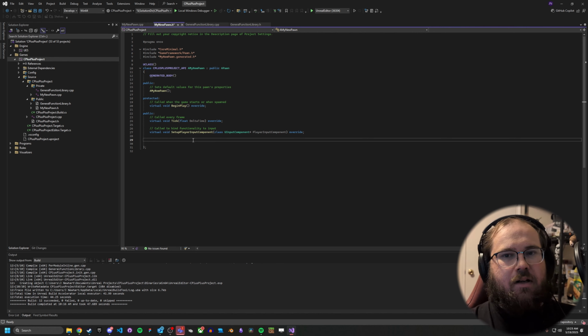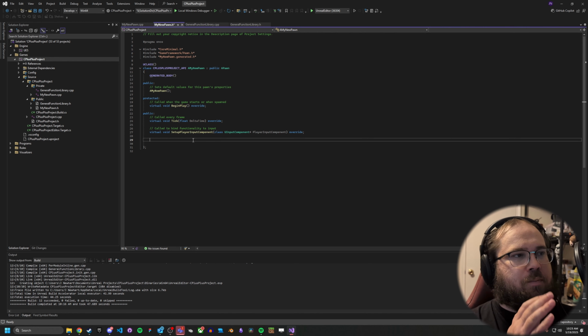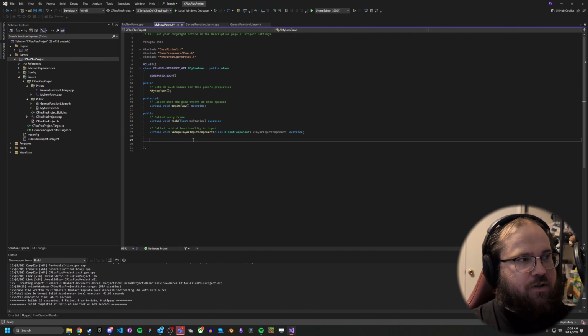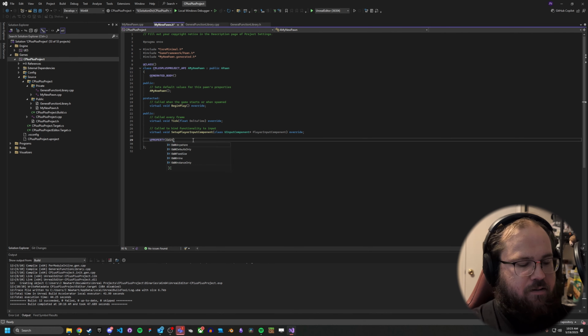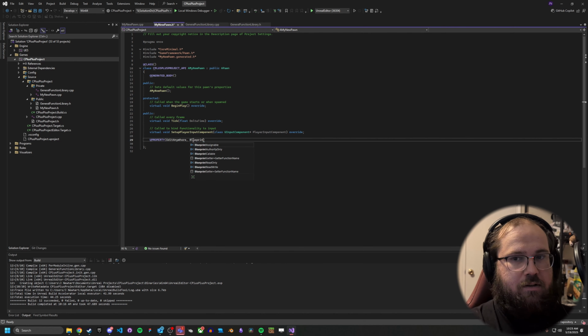So let's go ahead and kick it off. Let's say we wanted to create a variable here, exposed to the blueprint. Doesn't have to be anything crazy. Let's just do a float. So we'll say UPROPERTY, and then we'll do EditAnywhere, BlueprintReadWrite,